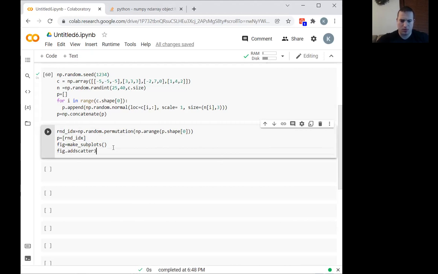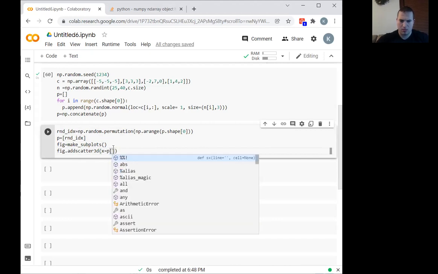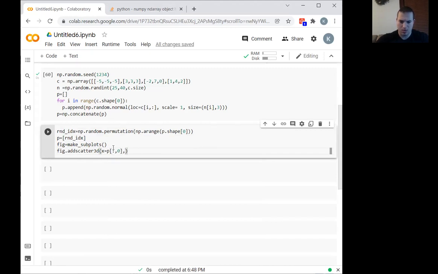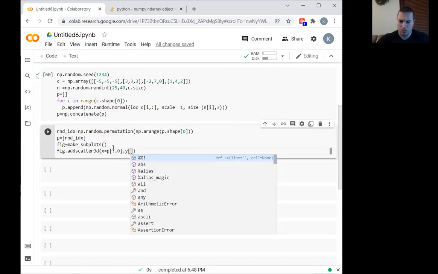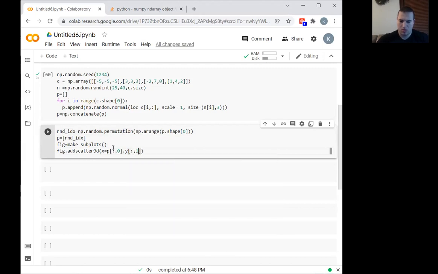And let's be three-dimensional with X going to be first, 0. And then Y will be the first, second, which will be 1. And then